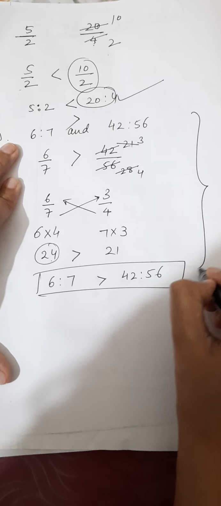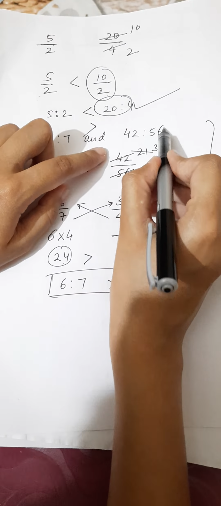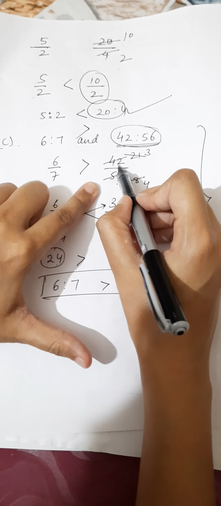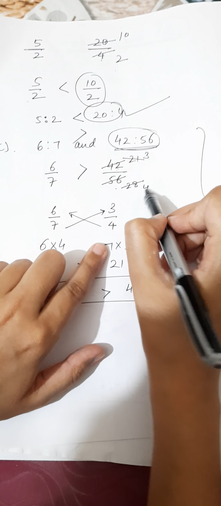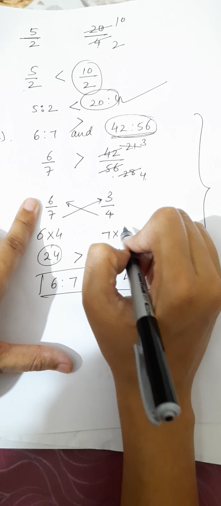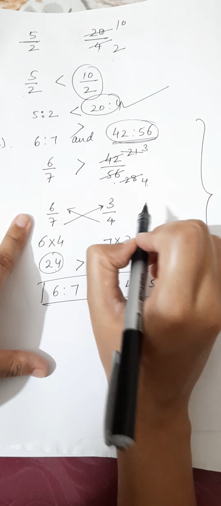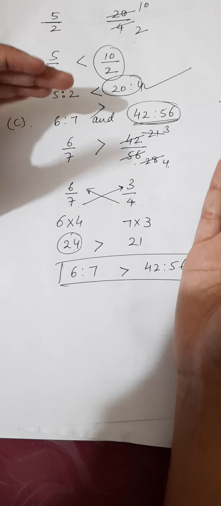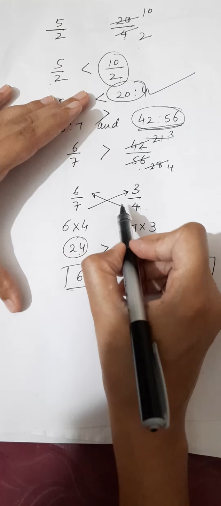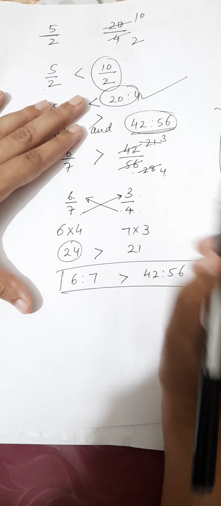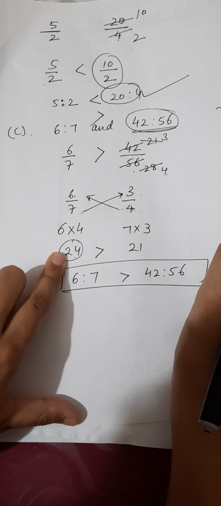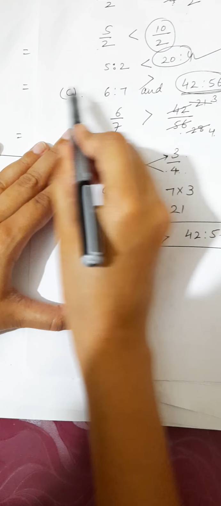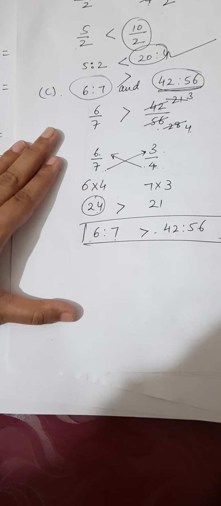Okay, what I have done in this complete question is, first of all I can see that I can change this into the simplest ratio. So I have converted this into the simplest ratio, and that is 3/4. Now on converting into the simplest ratio, I can still not identify which of these two fractions is the greater one. And if I have to find the fraction which is the greater one, I can clearly do the cross multiplication method. 4 will be multiplied by 6, 7 will be multiplied by 3, and after multiplying I get 24 is the greater one. This side, the left side, is the greater one, so everything on the left side is going to be the greater one. So 6:7 is the greater one.